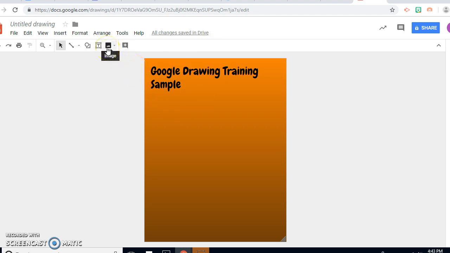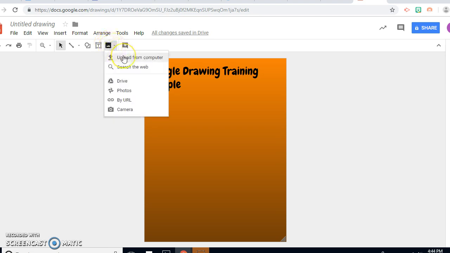And then here you have images. So it's a little mountain icon, and you can click. If you have pictures that are saved to your computer that you want to use, then you would upload from computer. If you want them to search the web, then you would have them use the internet, their drive, if it's a link, or if you want them to actually use the camera on the Chromebook, this is the option for that. So I'm just going to search the web,